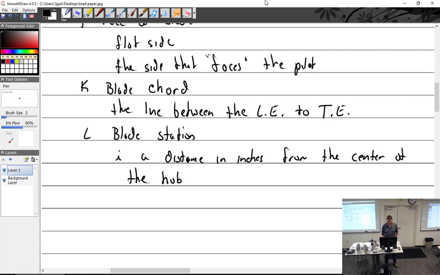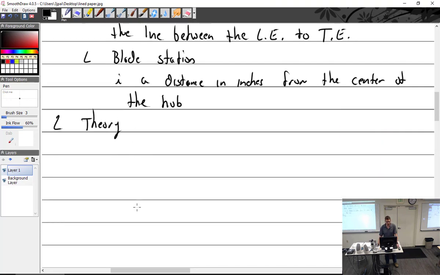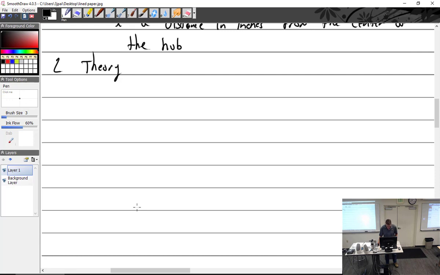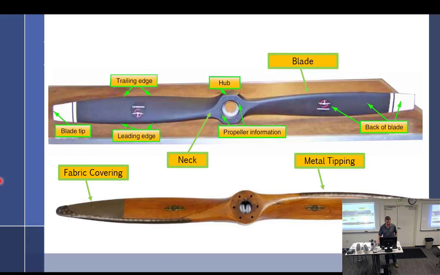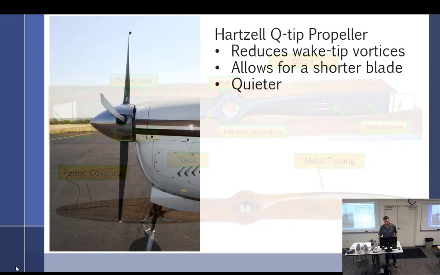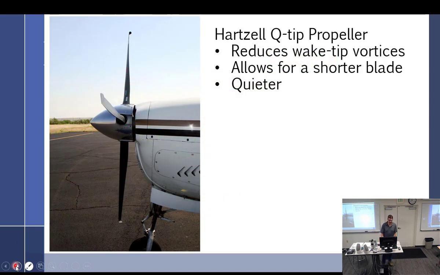All right, 2. Theory. I fear I may have gotten a little wordy in my notes here. And by fear, I mean I know that I am. And I really should try and make this easier. So let's see if I can. Why, now I can't. I can't make it worse.